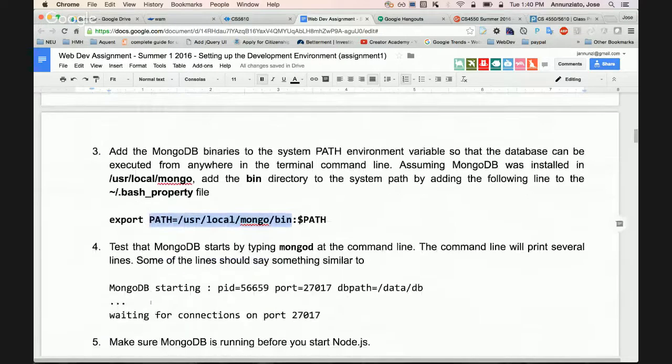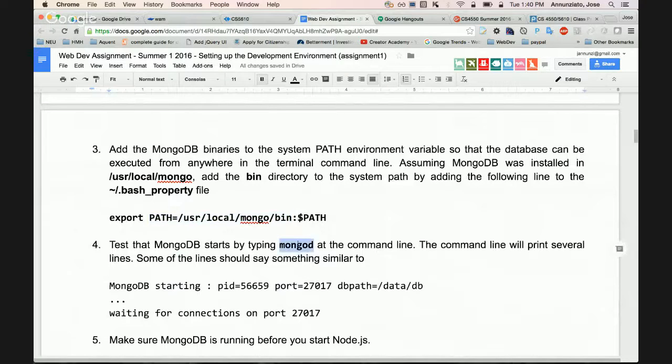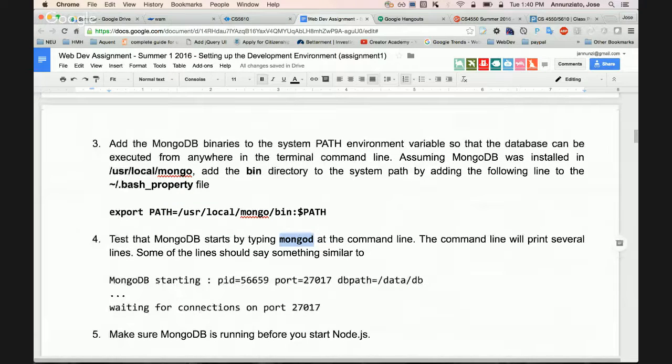Also, you can try it out by running mongod. mongod is one of the many executables under that bin directory. That is the executable that will start the database up and running. It'll start up and say that it's listening on a particular port and that it's going to be storing all your files under /data/db. I think I said somewhere else that you need to create this particular directory where it's going to store all the database files. It'll say that it's waiting on that port for connections.